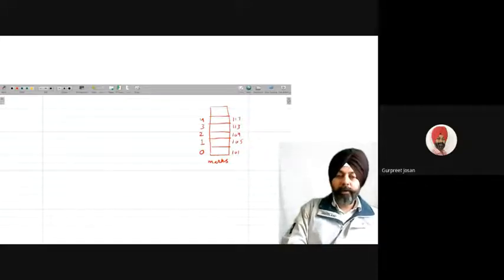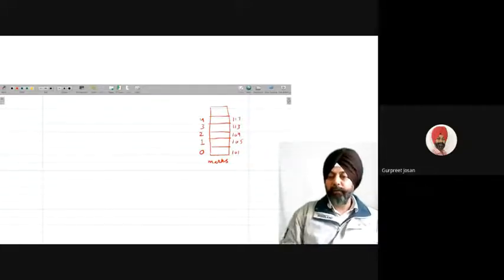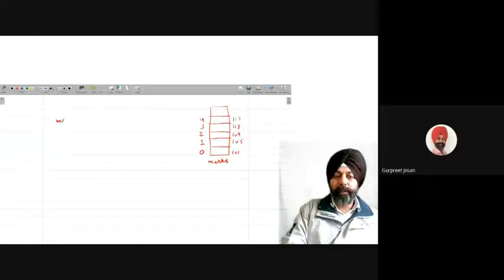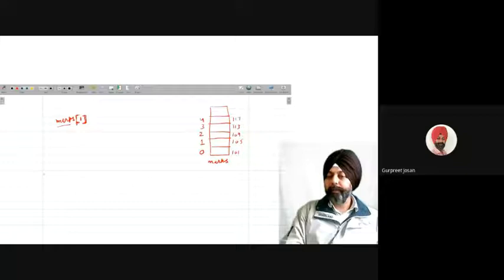Now if I want to find out the value at the location of index number 1, I will write marks[1]. Square brackets are used for indexing: name of the array, square bracket open, index number, square bracket close.